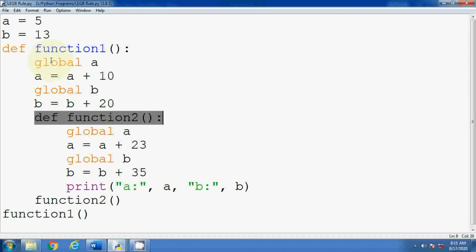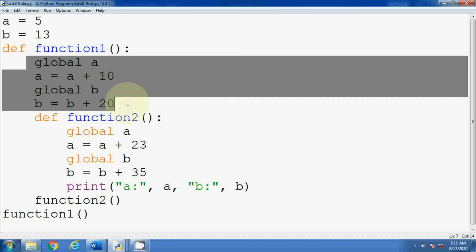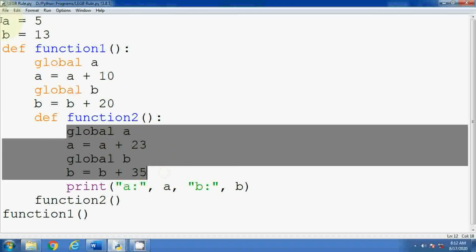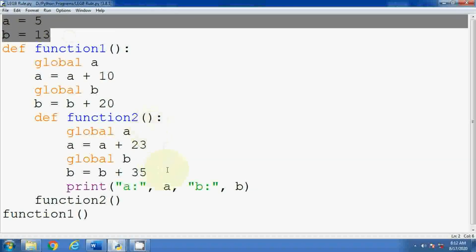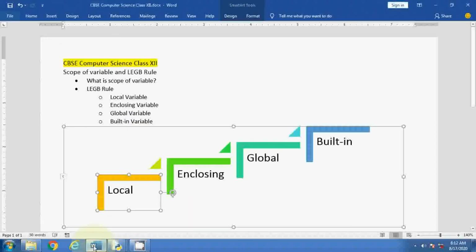So this part is considered as enclosing variables or enclosing environment. And this is called local environment. And this is called global environment. So first it is starting from local, then enclosing, then global. And if global variables are not found, then it will go for built-in. So I hope the concept is very clear now to you.